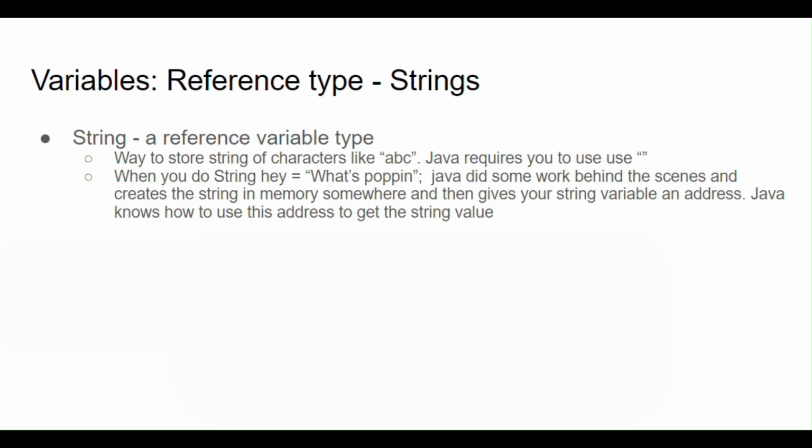All right, now let's look at an actual reference type variable that we're going to be using. And we've actually been using it in some of our previous examples of code. And those are strings. A string is a variable type that allows us to store basically a string of characters. Typically, when we think of strings, we want to think about words, but a word is really